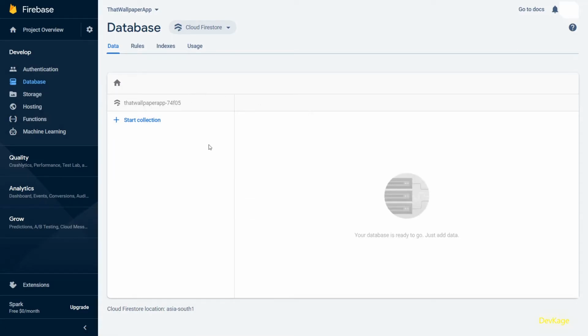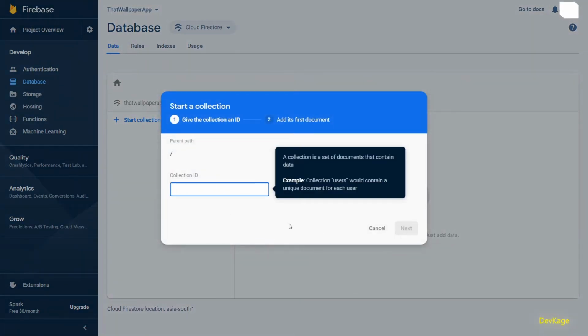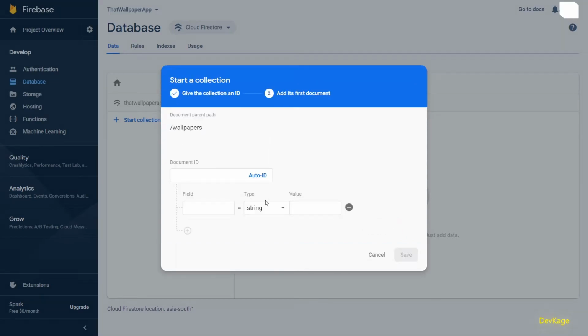Now keep in mind that Cloud Firestore manages data in collections and documents. Collections can store multiple documents and we can have multiple such collections in our database. So here I'll click on Start Collection. For every collection we need to specify a collection ID. I'll be storing wallpapers in this, so it makes sense to name this wallpapers. Now after clicking next, we will have to create our first document inside this collection because collections cannot be empty. For creating a document, we need to specify a unique document ID. This can also be any string, but it is better to let Firebase auto-generate this ID so that we don't have to worry about its uniqueness.